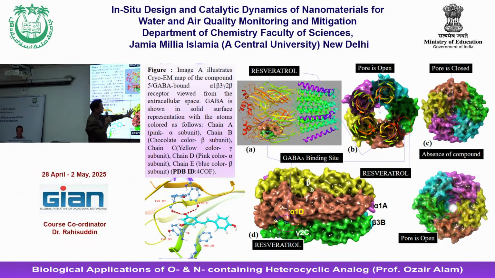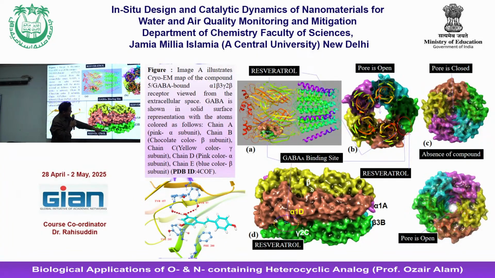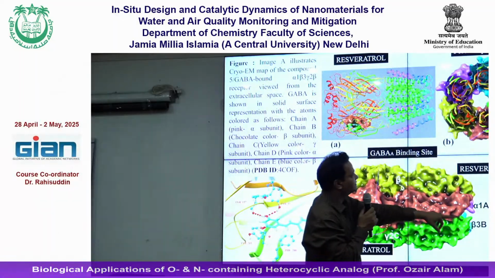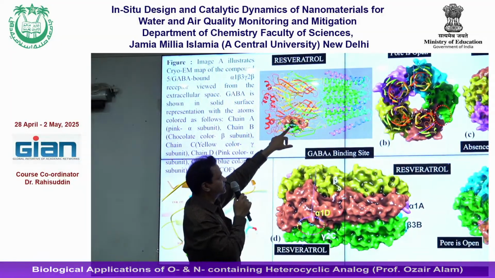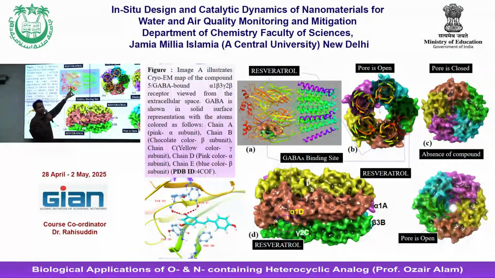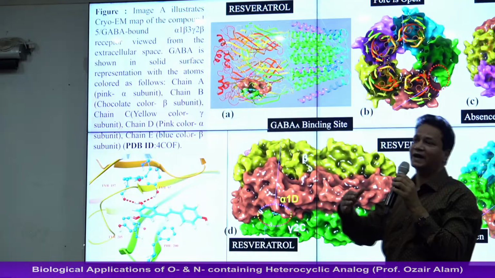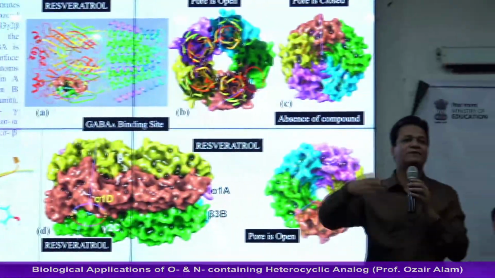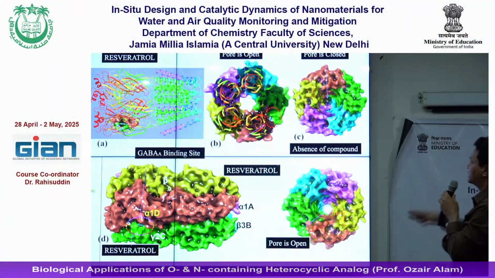This is the electron cryography image. Here we can see the gamma binding site, alpha 1, beta 1, and this is the gamma binding site. This is the allosteric binding site of GABA A. What happens once your ligand binds to GABA A? You can see the channel opens up. Once the pore opens, there is influx of chloride ions. That leads to hyperpolarization, and hyperpolarization decreases neuronal firing,